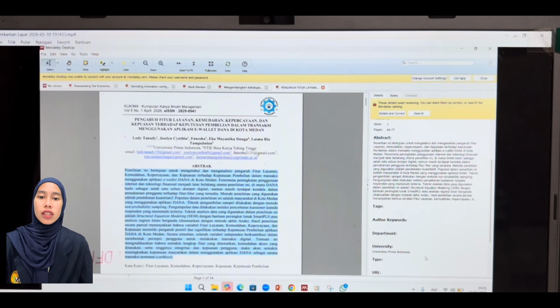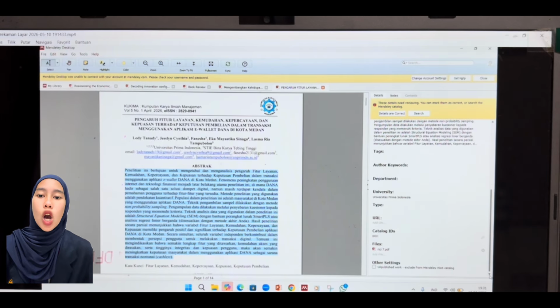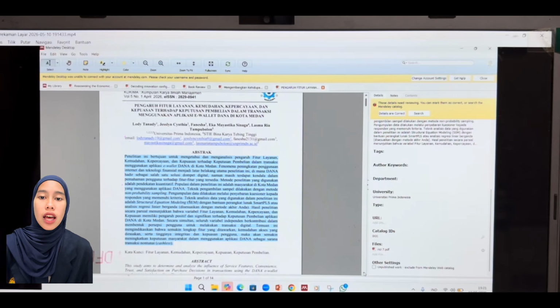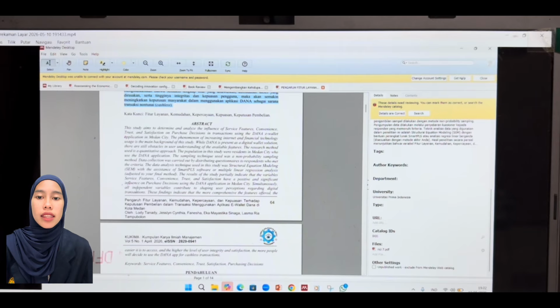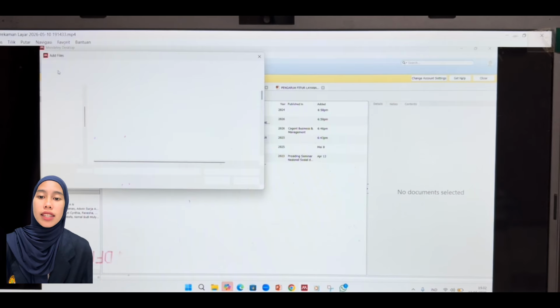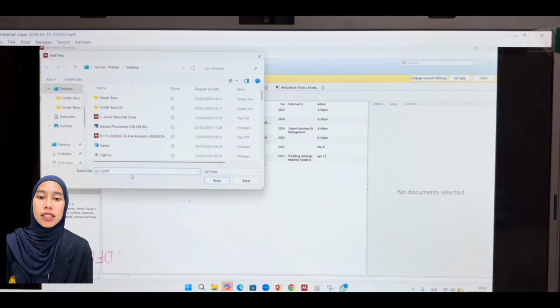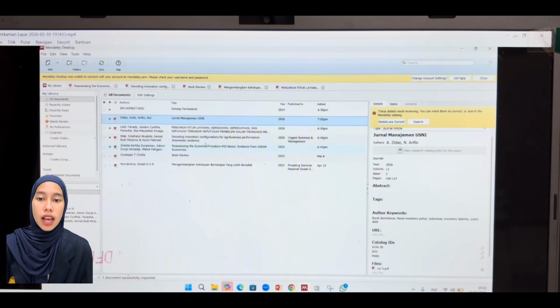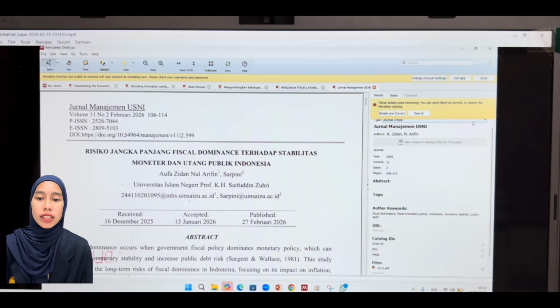Year, the year the article was published. URL and access date. Paste the full link and don't forget to include the date you accessed the website, as online content can change over time.